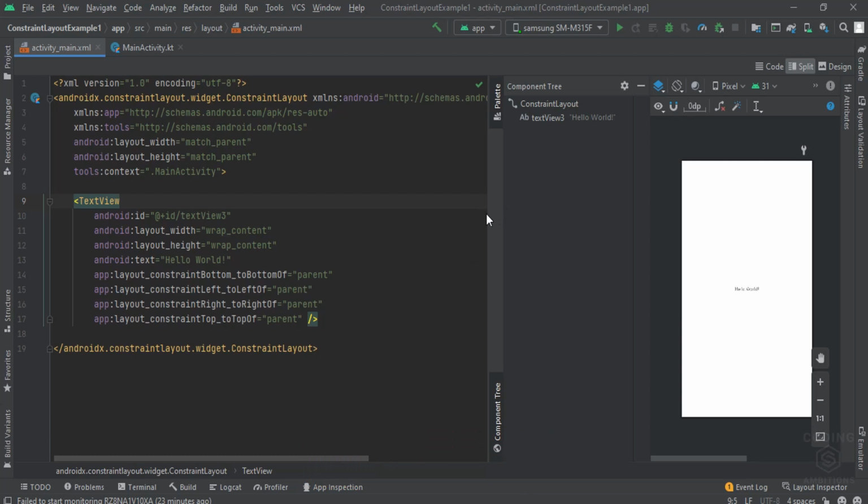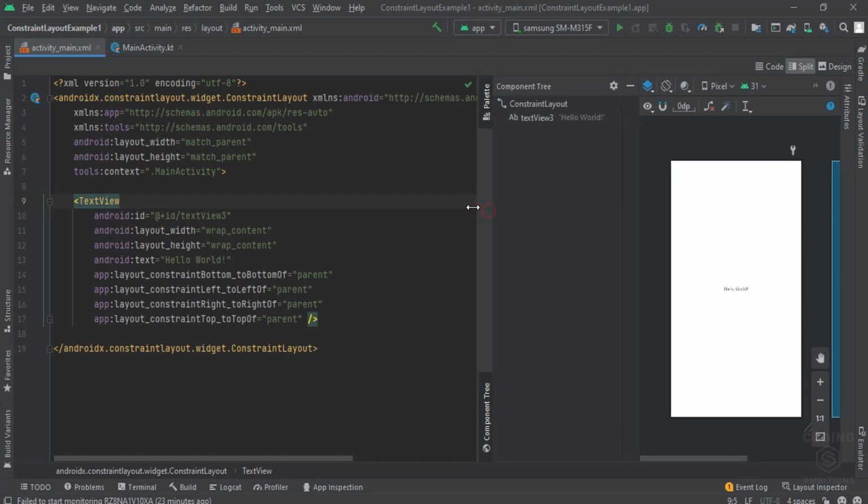So it is about constraint layouts. Constraint layouts are nowadays preferred for making user interfaces in Android. Previously we were using the linear layout and relative layouts. This is now the official and recommended way of making user interfaces in Android. And using constraint layout we can create responsive layouts very easily. So today we will cover this topic. So let's start with that.